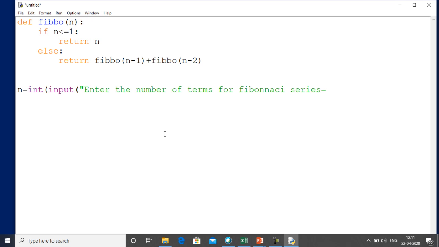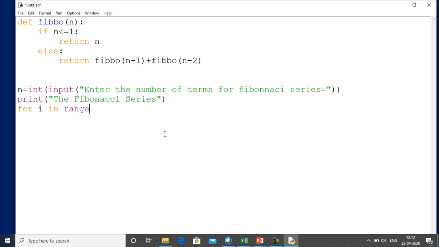We will accept the number of terms from the user, and once we get it, I will run a for loop over here. First I will print the message, Fibonacci series.